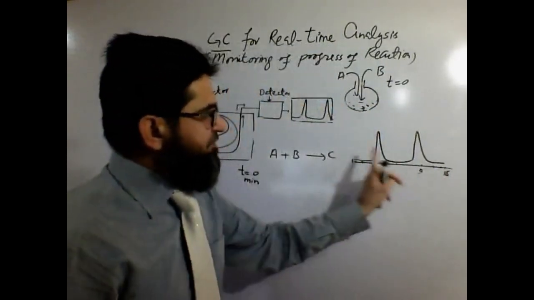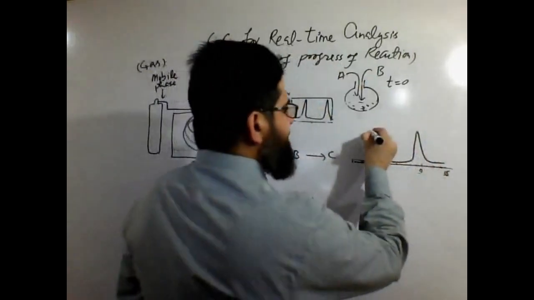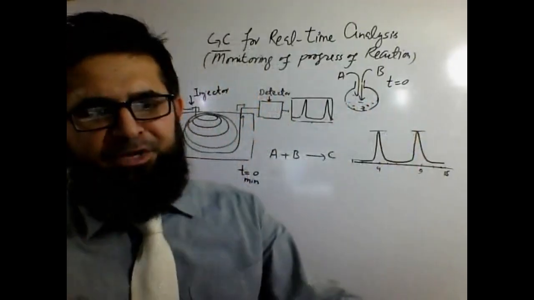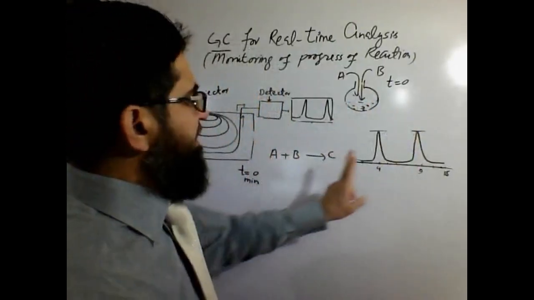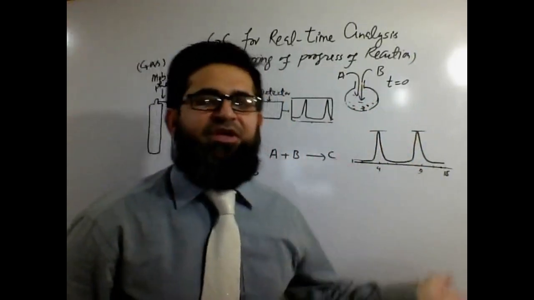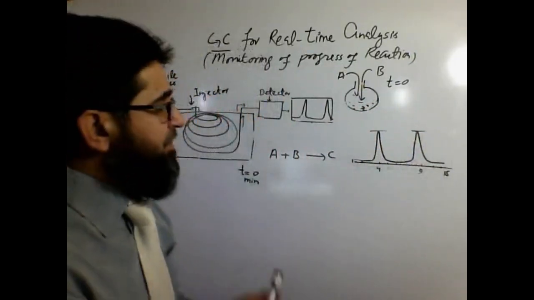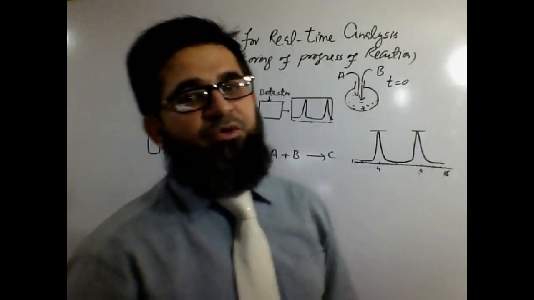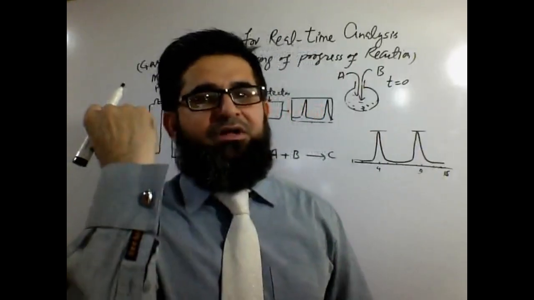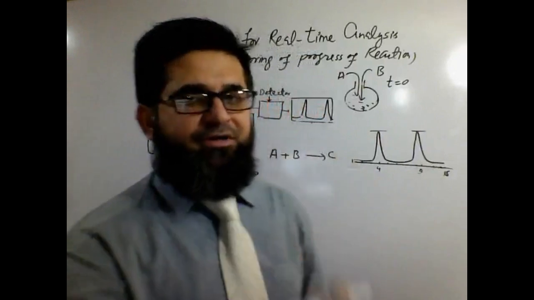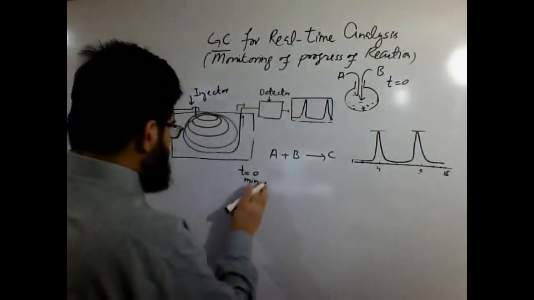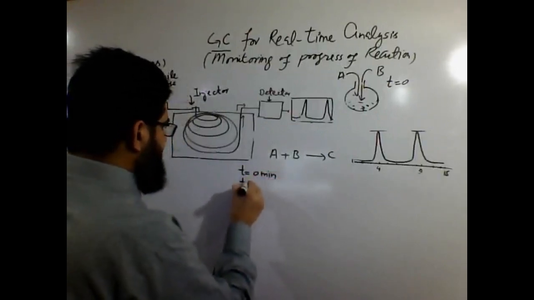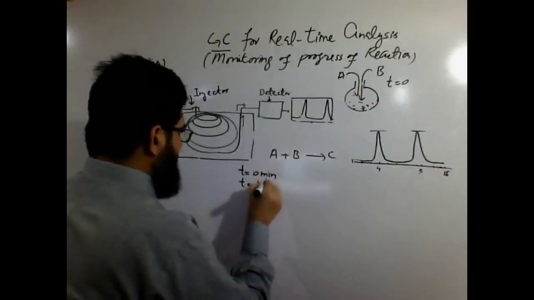From 0 to 15 we see only two peaks, and both peaks are of equivalent size and shape, meaning equivalent area, meaning both A and B are present in equal quantity. 1 mole of A and 1 mole of B are almost there. We have not observed any peak number 3. That is very obvious because the reaction has just started, so it can't give any peak of the product. Let's say we let the reaction run for 4 hours.